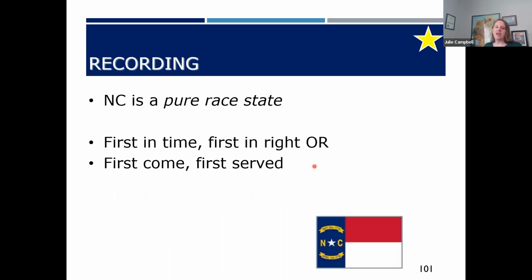We mentioned the other day that North Carolina is a pure race state, which means the first one that gets to the courthouse and records wins. It's a race to the courthouse. There's an absolutely fascinating story in your book on page 101. For example, the second one,